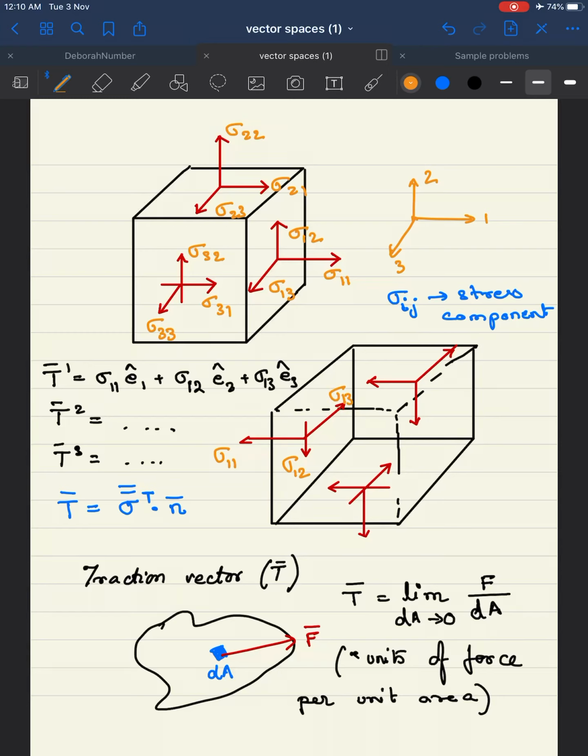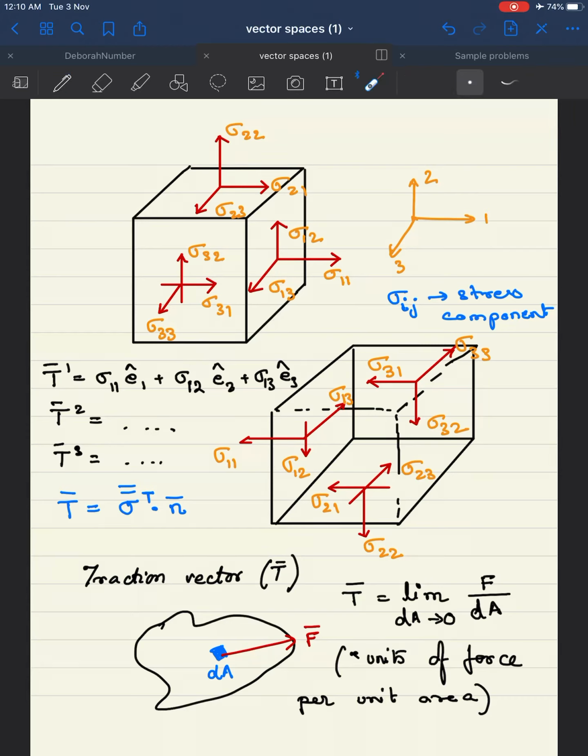So this will become sigma 1,3. On this face you will have sigma 3,3. This will be sigma 3,2. This will be sigma 3,1. And here you will have sigma 2,3. You will have sigma 2,2. And you will have sigma 2,1 here. Okay,